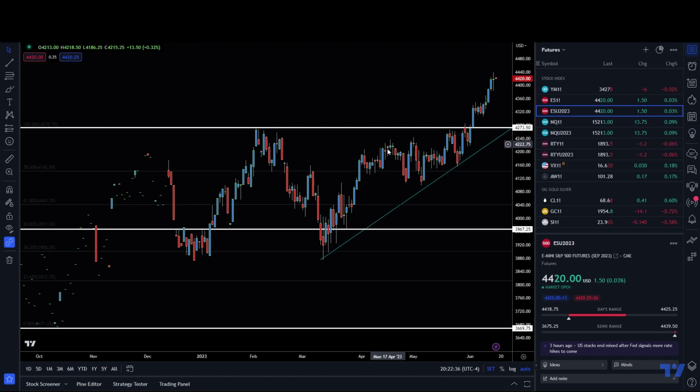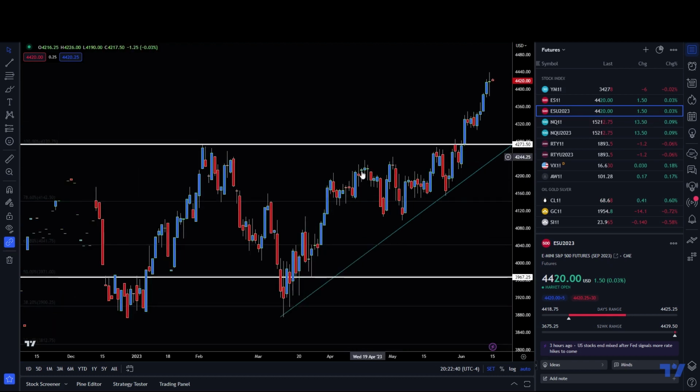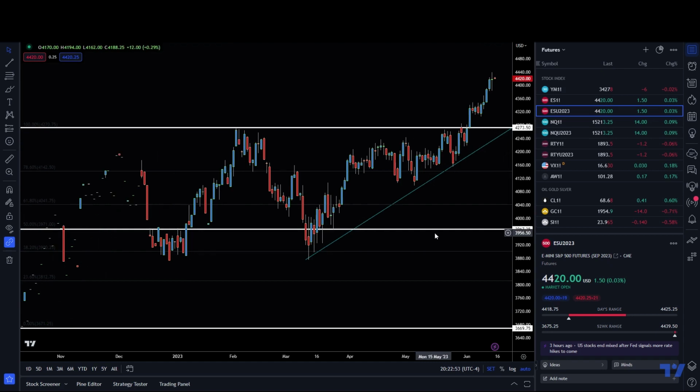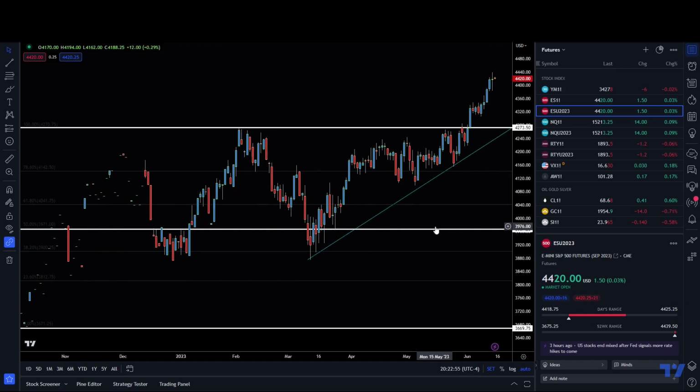Of course, depending on where you got out, you would have made a profit there. Same thing here. Market comes back down, tests the Fibonacci level, rejects it. You could buy again here, and you would have made some more profit, and that's all fine and great. But what do you do when the market